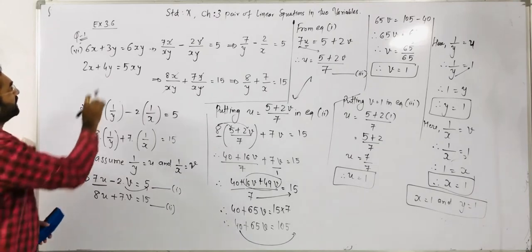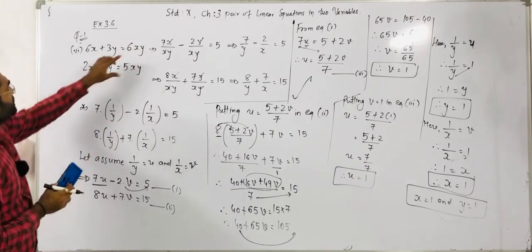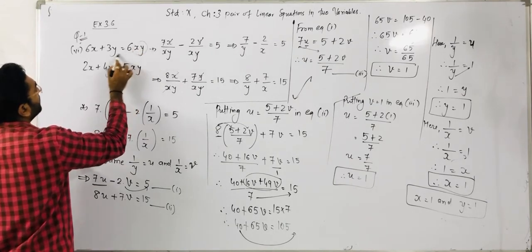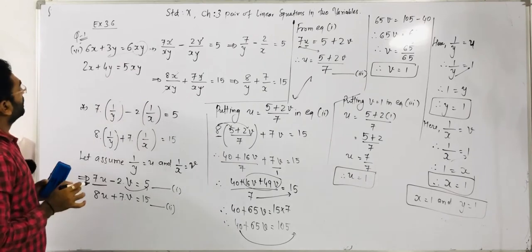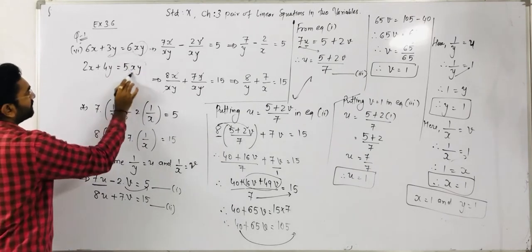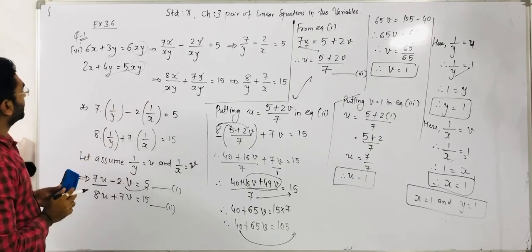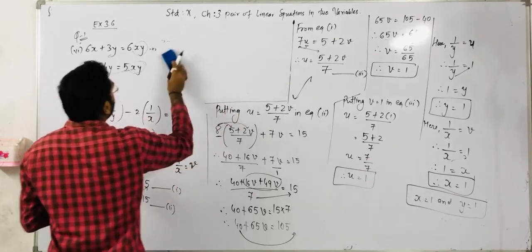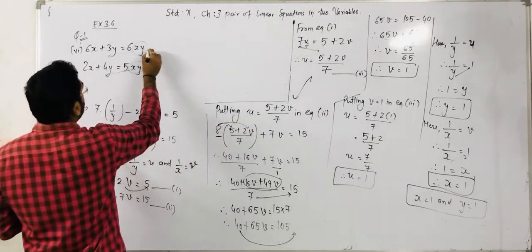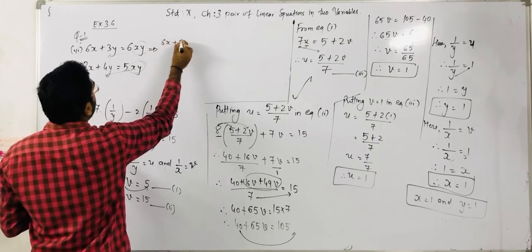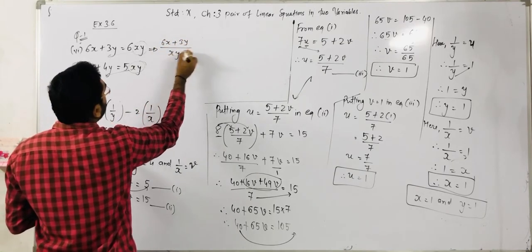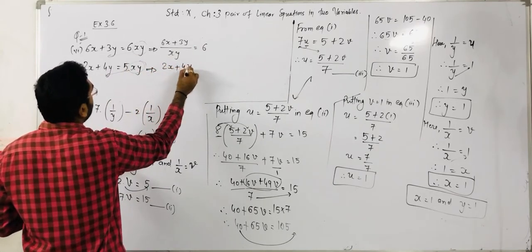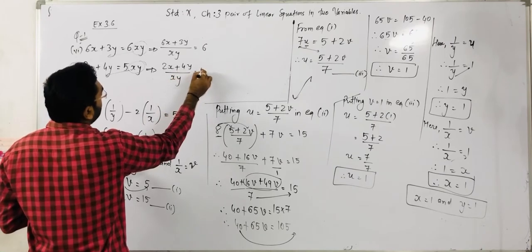In the general form, here in the given equations the xy term is given, which we do not require. So what we have to do? That xy term we have to take to the left hand side in both equations, so it becomes a denominator. Then how can we rewrite that equation? We can rewrite it this way: 6x plus 3y, all over xy, is equal to 6. And the other equation we can rewrite as 2x plus 4y, all over xy, is equal to 5.